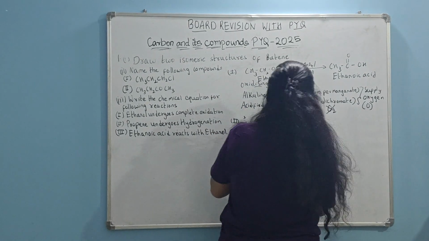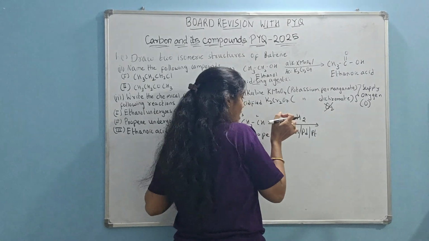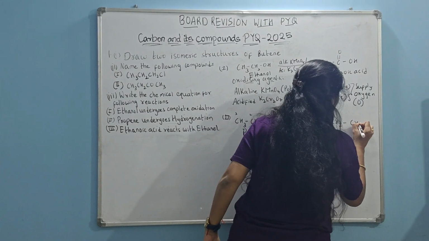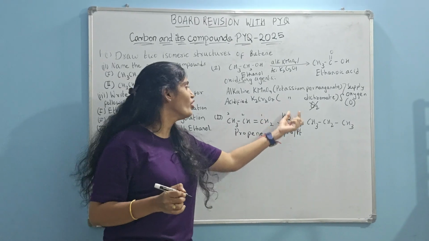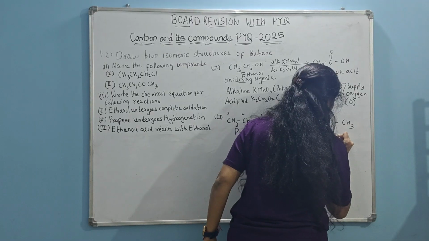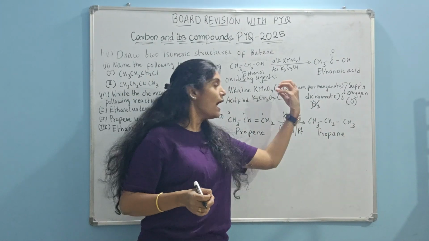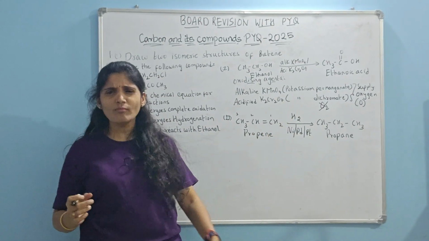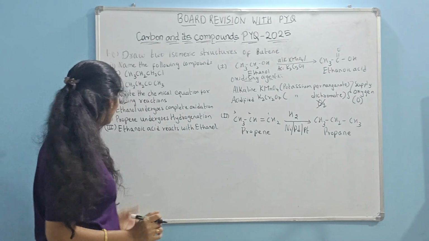Now hydrogen is added here. When one hydrogen is added onto this carbon, and one hydrogen onto this carbon, what do you get here? CH3CH2CH3. Now the unsaturation has disappeared because I have added hydrogen. What is the name of this compound? This compound is propane. So propene on hydrogenation will give propane. I am adding hydrogen in the presence of the catalyst nickel or palladium or platinum. More commonly we use nickel because nickel is cheaper and available.